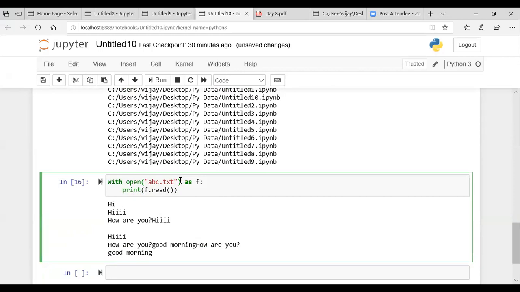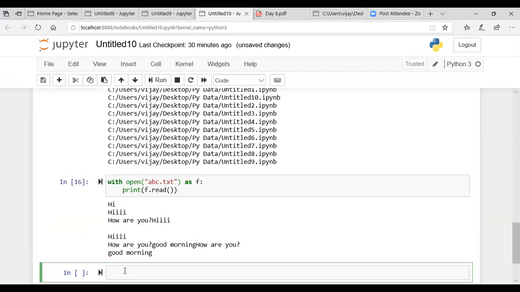Then the next mode is write mode. Let's say I'll be creating a new file, with open new.txt, comma W. W stands for the write mode, as f, which is nothing but the reference or handle used for accessing the content of the file.